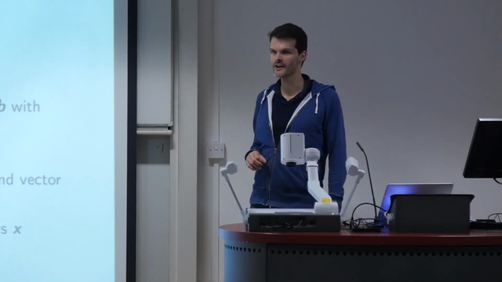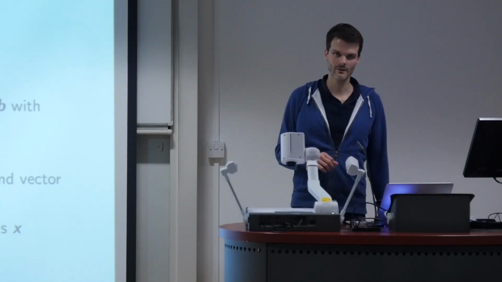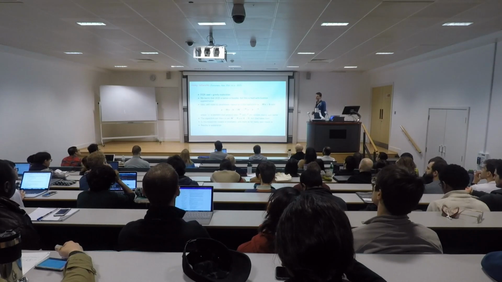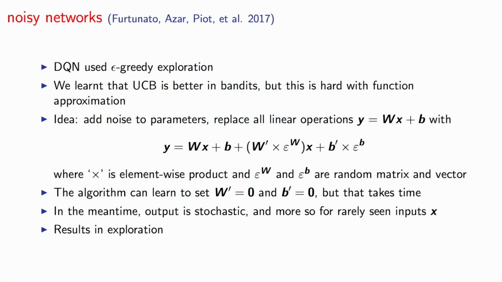Which then brings us to the final component, which is noisy networks. And the idea here is to hopefully improve the exploration. As mentioned, DQN used epsilon greedy exploration, which might not be the most appropriate. It basically just picks greedy all the time and every once in a while picks fully random, which might be a little bit of an uninformed way to pick. Because you might know, for instance, for sure that this one action is horrible and you should never take it. Epsilon greedy doesn't know. It would just randomly take it every once in a while.